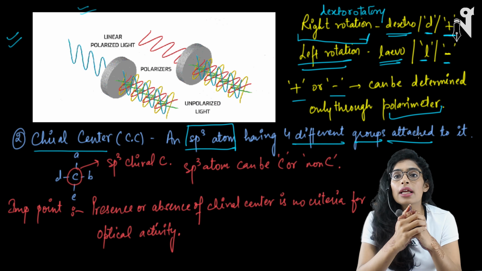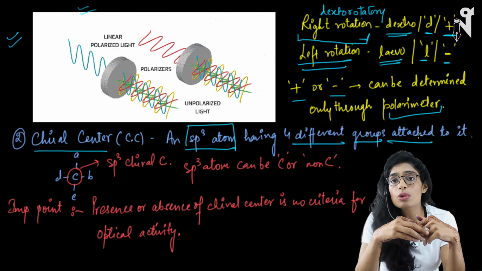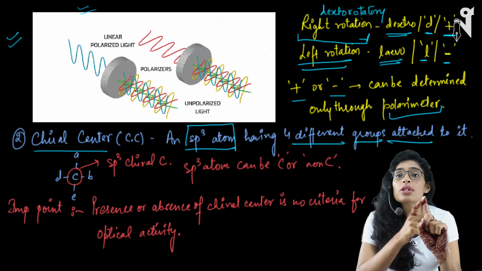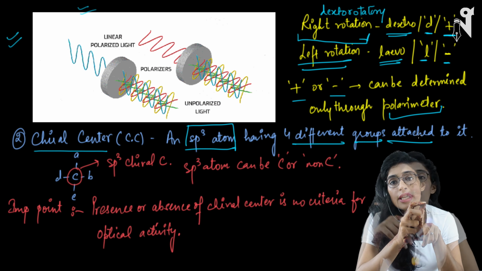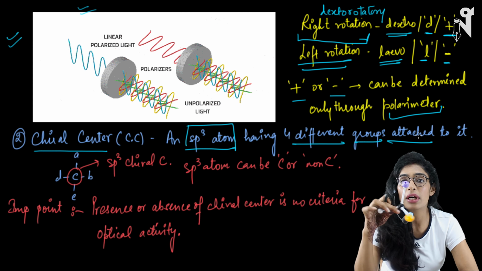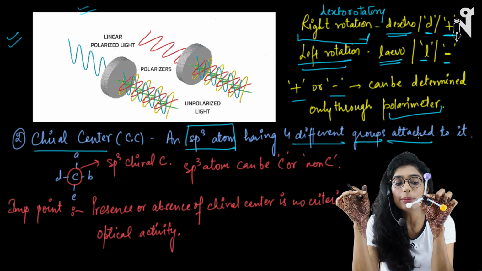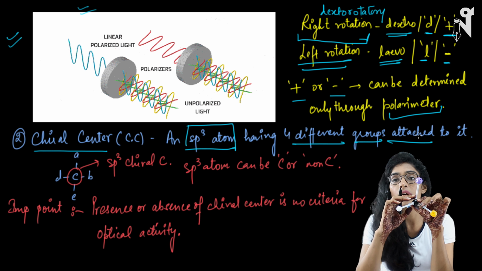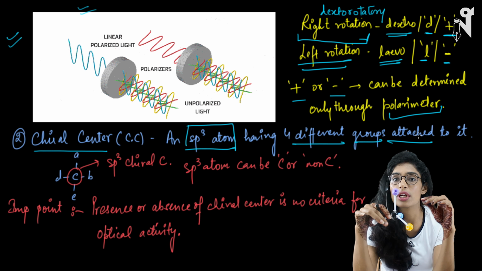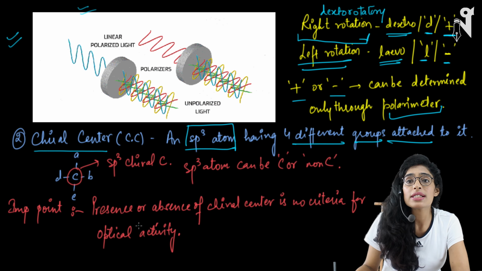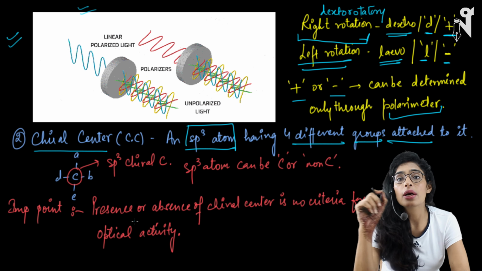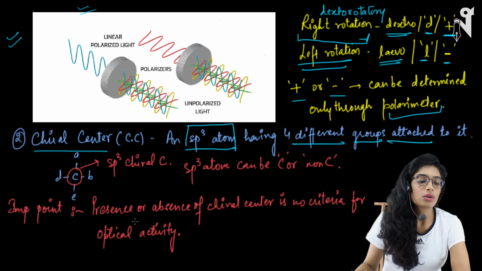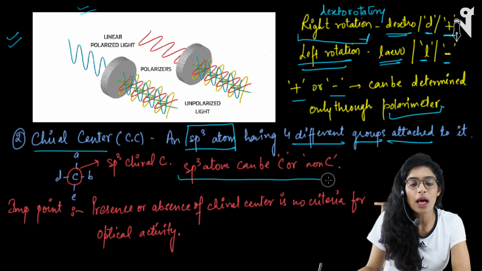So it's not necessary that only carbon can be a chiral center. Other atoms can also be chiral centers, but again, two conditions: it should be sp3 and should have different attachments on it. The substituents should not be the same. I have shown you this. This is your chiral carbon, the black thing in the center. Here I am talking specifically about carbon, but you can have any other atom which can show similar properties. So what is a chiral center? It is the atom which is sp3 hybridized and has different attachments on it. That atom can be carbon or a non-carbon atom also.